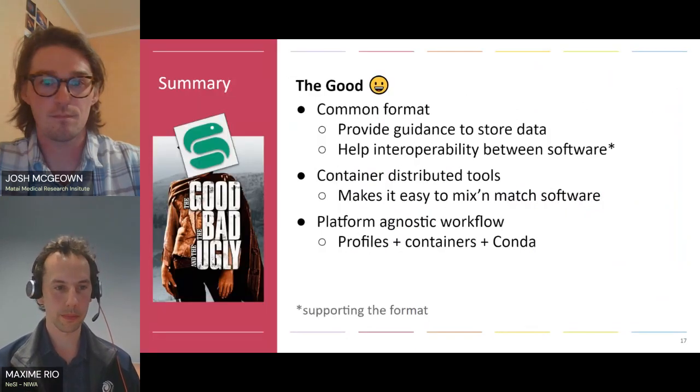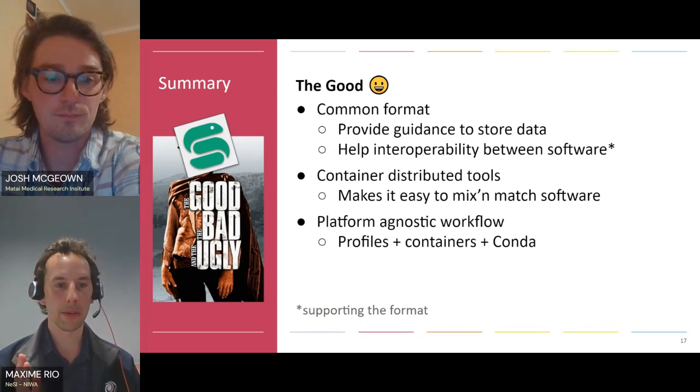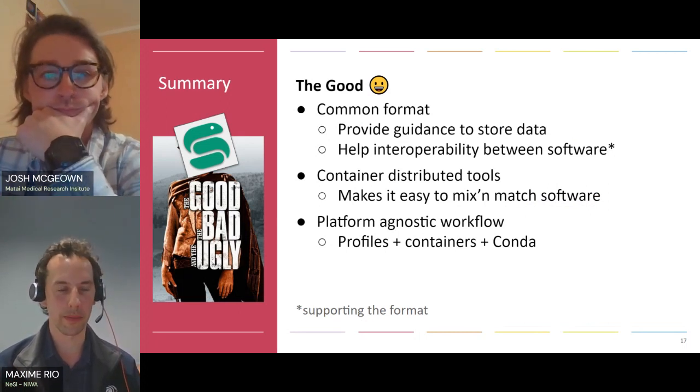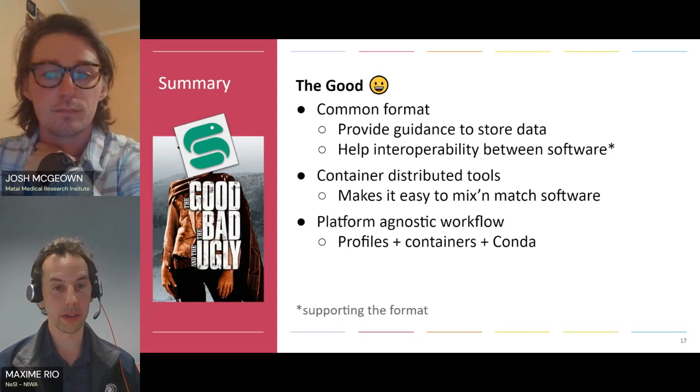Next slide, please. Okay, a little summary of what has been described. What was good in this experience was having a common format, the BIDS format. It's very helpful as a workflow developer. We only have to follow the rules, sort of, and if the software follows the conventions, they can bind themselves together quite nicely. The other very good thing is that a lot of this software was distributed as containers, which makes it so easy to pull them and run them in a reproducible way. And the last thing was a combination of features: having this Snakemake profile, the containers and conda environments means we could easily reproduce the software stack on different